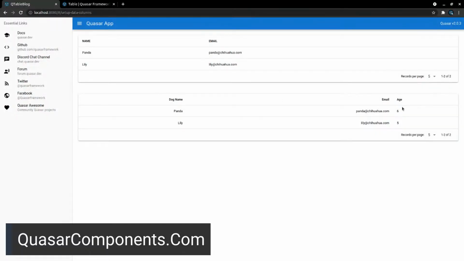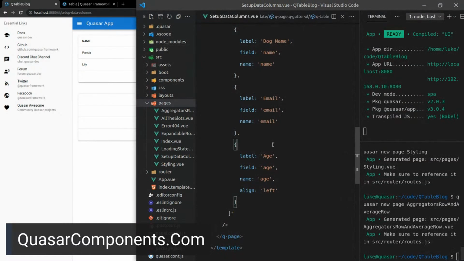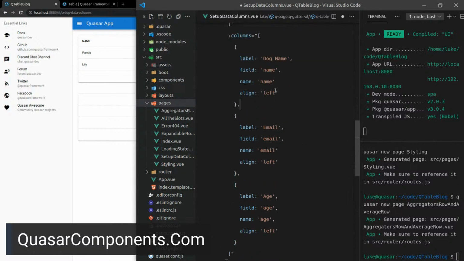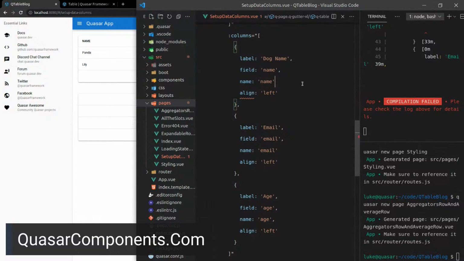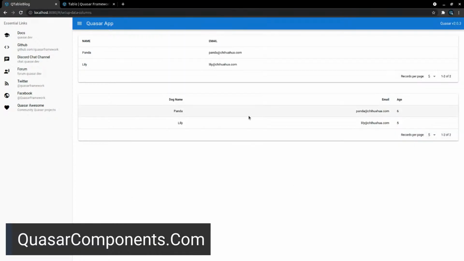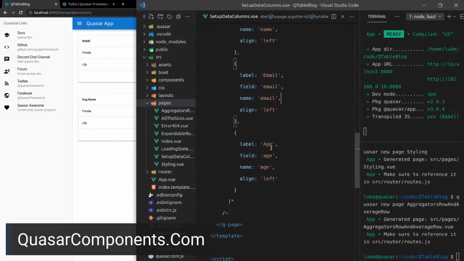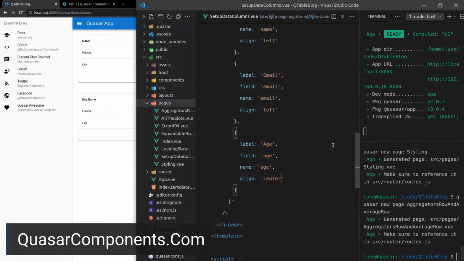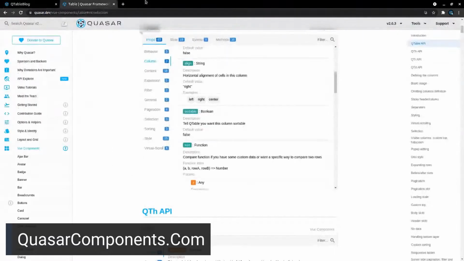Yeah, okay. Hang on, how come they're aligned to the left and then these ones are aligned to the right? You might actually align them all to the left. To be honest, that's how I usually do things. So let's do that. Let's align them all to the left. Show what that looks like. And then maybe age could be aligned center. That actually might work well. Yeah, all right, there we go. So that's done. Looking good.